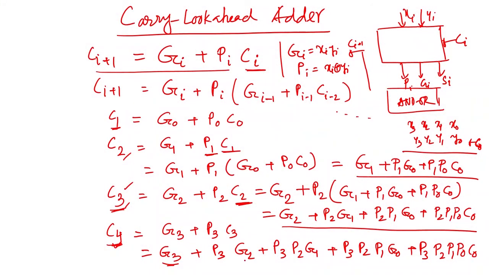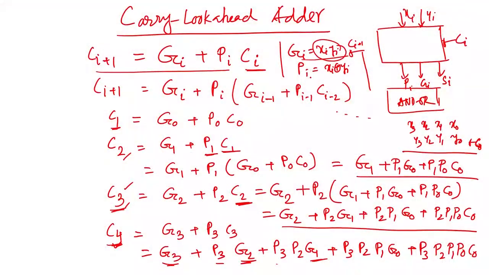Once the inputs Gi, Pi are available, and when will Gi, Pi be available? Whenever you have Xi, Yi, Gi and Pi are available. So, G3 you will get, G2 you will get, G1 you will get, similarly P3, everything you will get after a single gate delay. Why a single gate delay? If you look carefully here, Gi will be generated after ANDing, and similarly Pi after an XOR gate. So, Gi and Pi will be generated after one gate delay. And what about the sum? Sum is 2 gate delay because you have the 2 XORs.